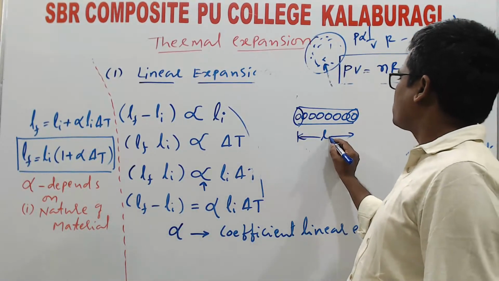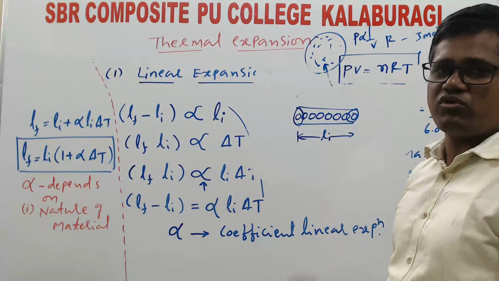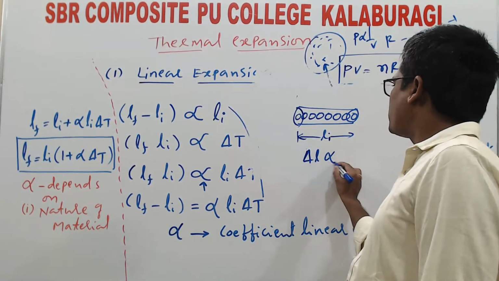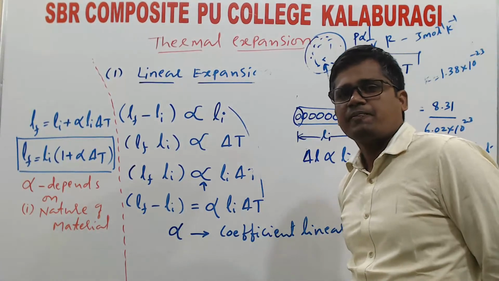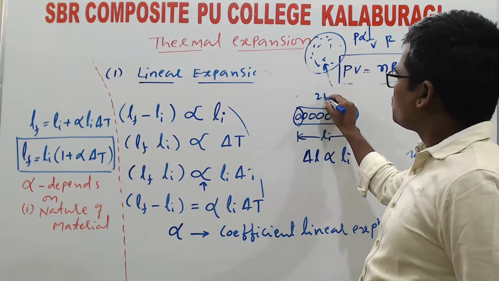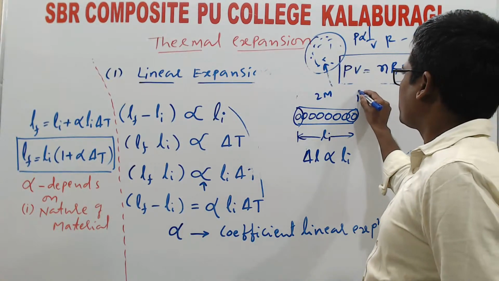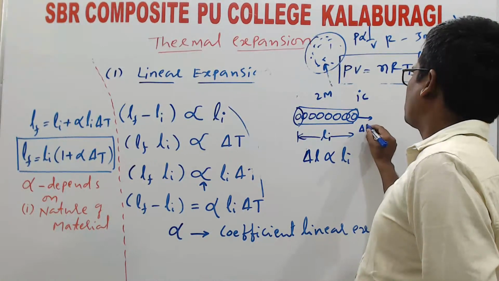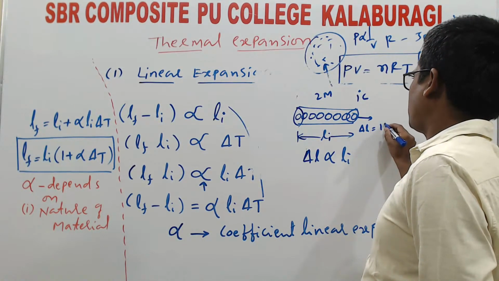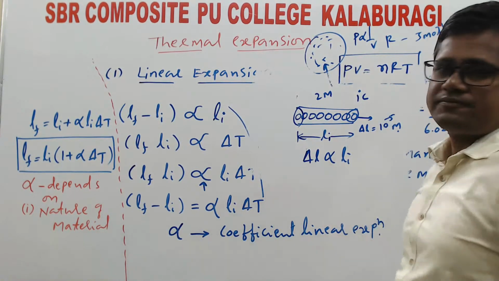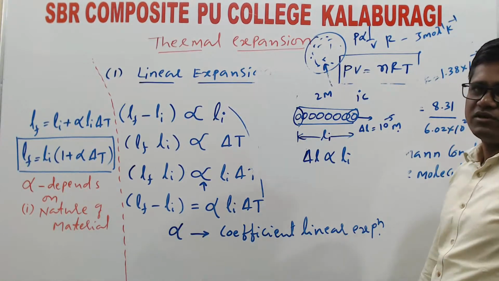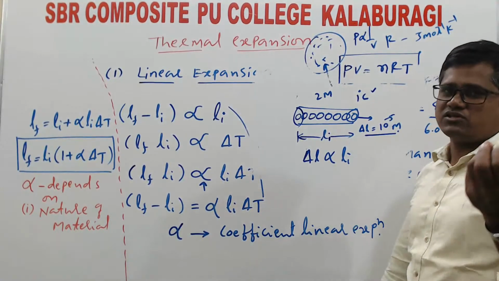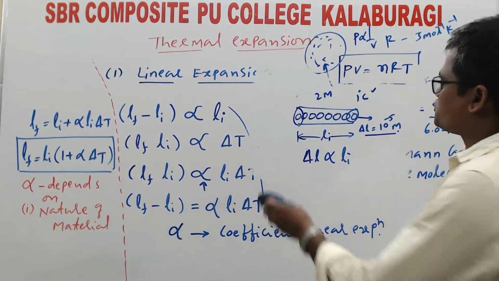Initially the length is more. If you give heat, the increase in length is always directly proportional to the initial length. Suppose the initial length is 2 meters. If you increase the temperature by 1 degree Celsius, assume the length will increase by a very small amount, 10 to the power minus 5 meter. Suppose the same material,